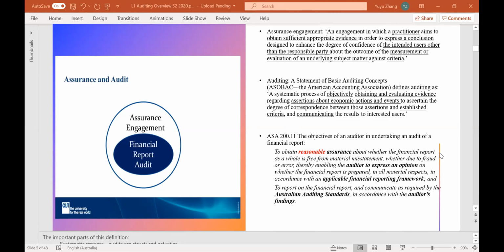Also, auditing engagements or assurance engagements are based on evidence. However, if it is a general assurance engagement, the evidence level might not be very high. If it has been labeled as an audit, then the evidence should be very sufficient and appropriate. And the number, extent, and also the quality of the evidence should be quite high.